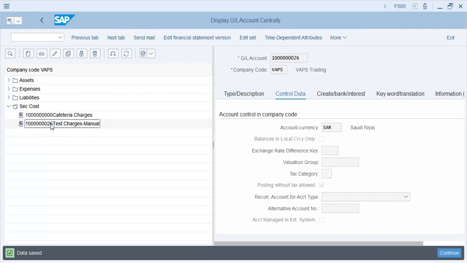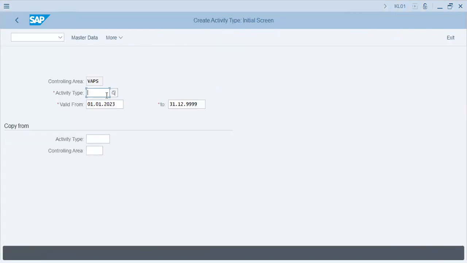Now, since we have the metric, what is a metric? Metric is a measurement yard, like inches, like centimeters, that is SKF. But what will it measure? It will measure activity. Okay. So for activity, we need activity type. Okay. Activity type will be